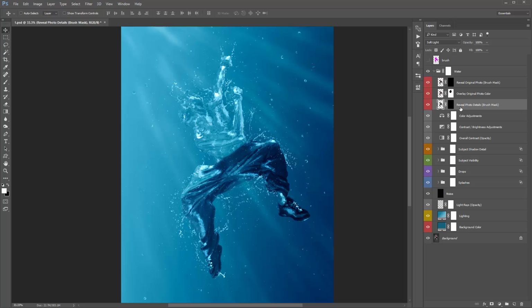So this layer here, reveal photo details. This is similar to the layer above. I'm just going to turn this off. So this layer here, if you start brushing white, it will reveal details, but it will only reveal them in black and white. Whereas this one here actually overlays the original colors. This one just reveals